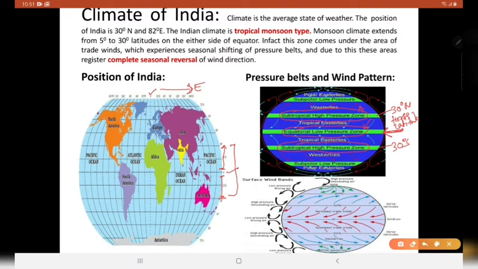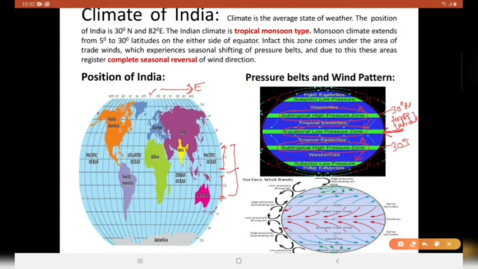And from here also you can see it is moving towards the equator and towards the subpolar low pressure area. And now at subpolar regions, the air will rise and will sink at the poles where there is always high pressure. So we can say that